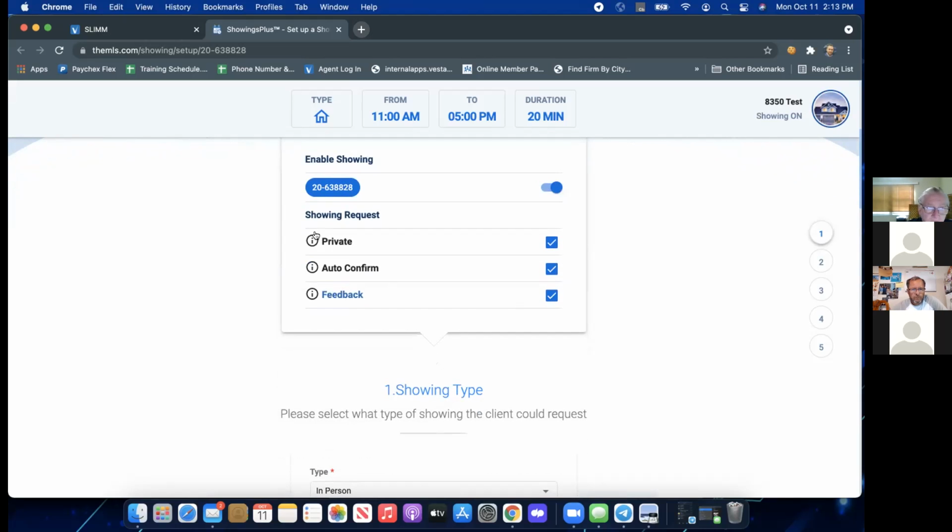There are some features in here. We have the private feature, and the private feature will not allow agents to schedule on their own. They would have to contact me, and I can schedule that showing for agents on my own listing. So it's a private mode. As you can see there, when I hover my mouse on that little eye icon for information, it'll tell me that